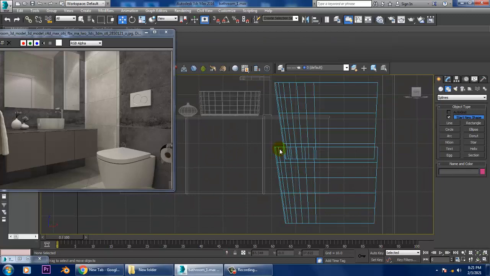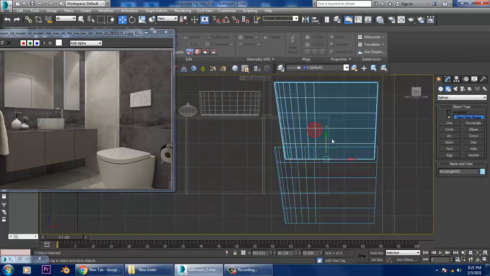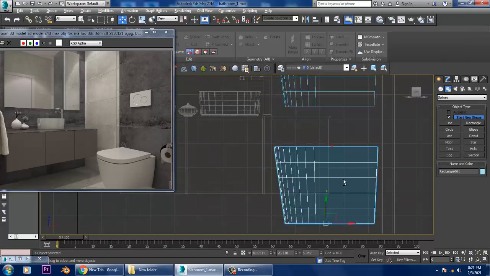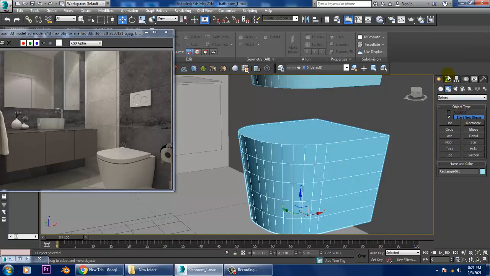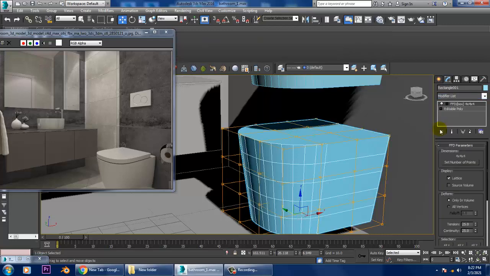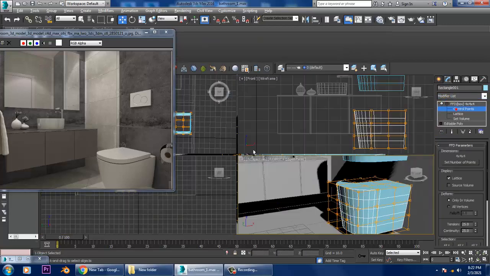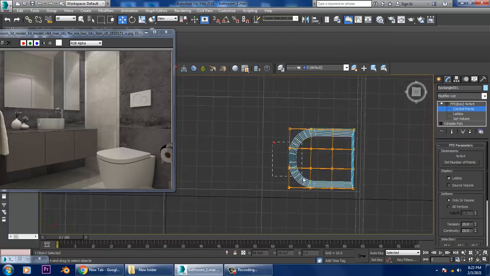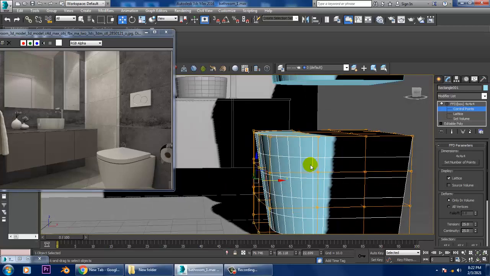So once you have taken a copy of it, first let's just slightly push this up, select this, and let's give a FFD box modifier over here. Let's go to the top view over here, select this and slightly just push it.